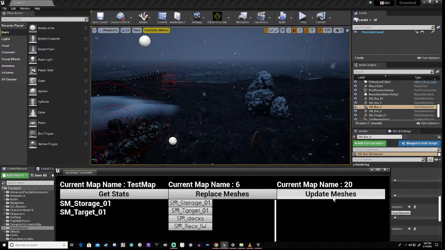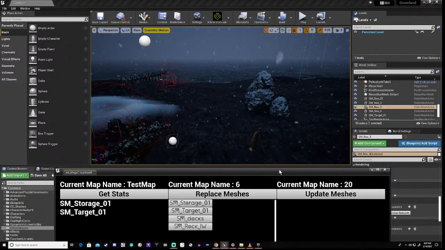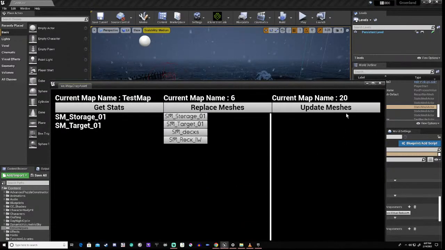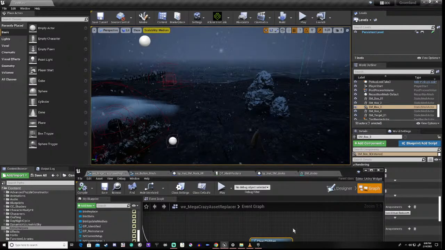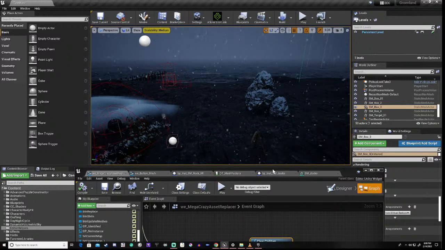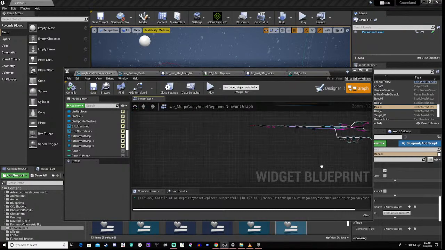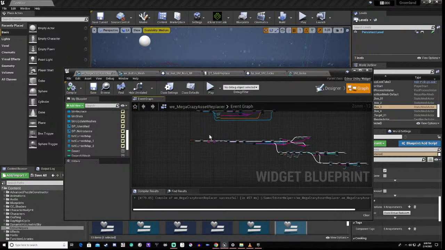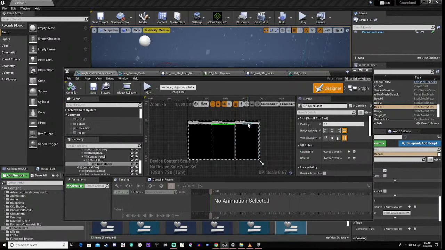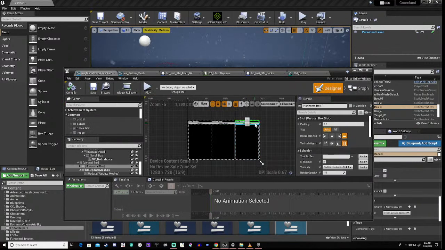And it didn't do it. That's because we haven't connected this button up, I don't think. Right, when I think about it. Well, that was a bit of an anticlimax, wasn't it? It wasn't for me, I actually thought it was going to work. But, yeah, idiot. So, designer, update meshes, button, where are you?